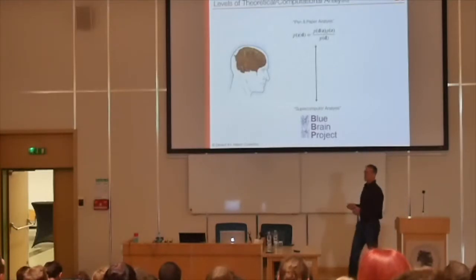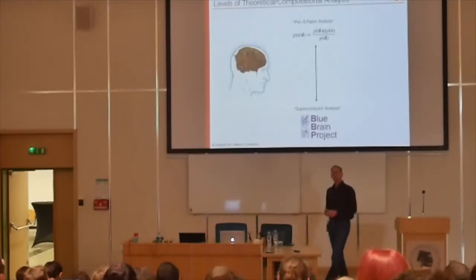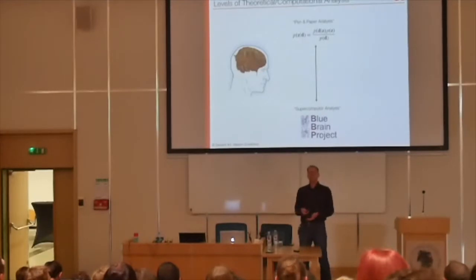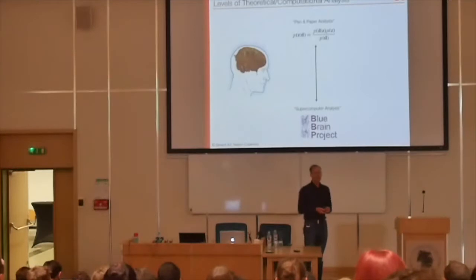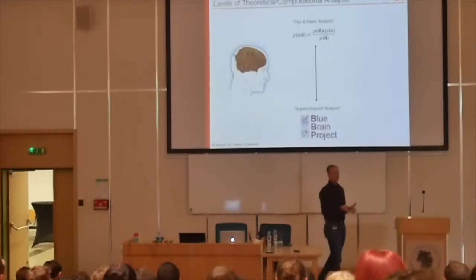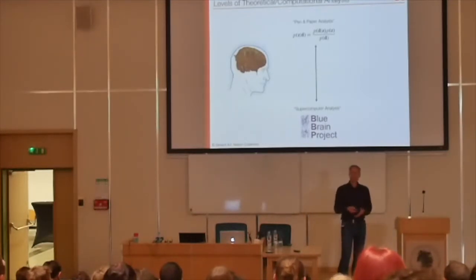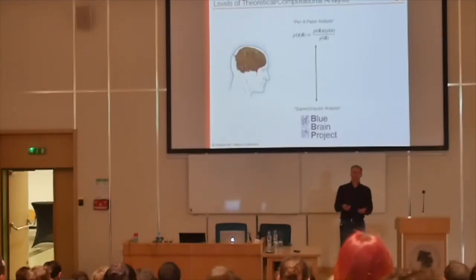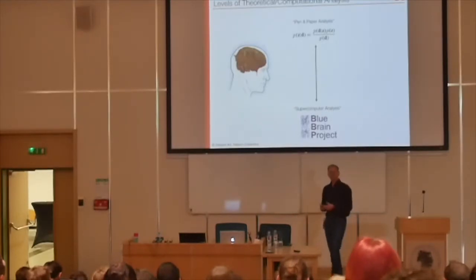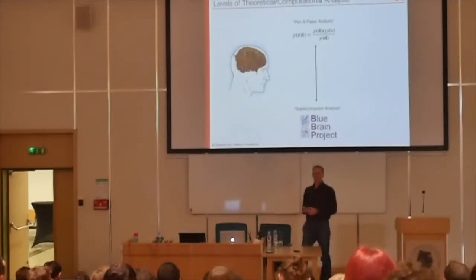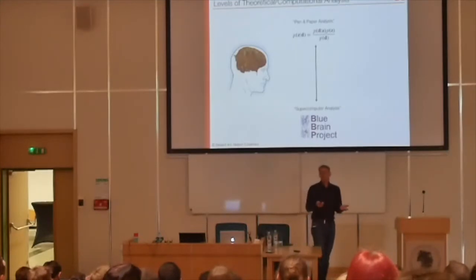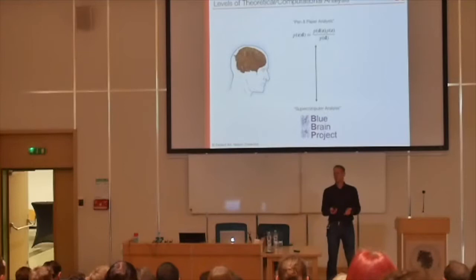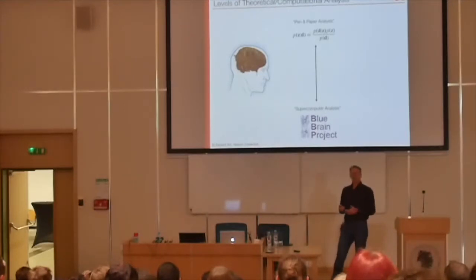Then, at the other end, you have something I would call supercomputer analysis. Maybe you've heard of the Blue Brain project, which was the precursor of the Human Brain Project. These are projects where one tries to be extremely detailed in how one simulates the brain. And by providing this extreme level of detail, one hopes that eventually the resulting system is going to have properties that are shared or similar or can help us understand the properties of the real system. Because of course in such a simulation, if you set it up correctly, you have full control. You can do any experiment you want in such a simulation, which enables you to make predictions.